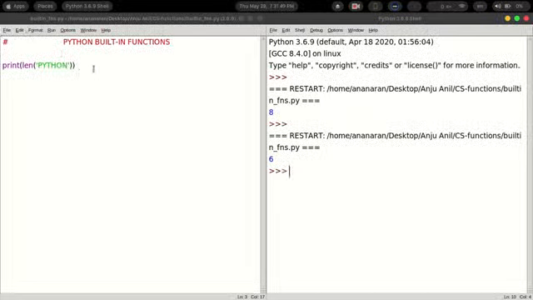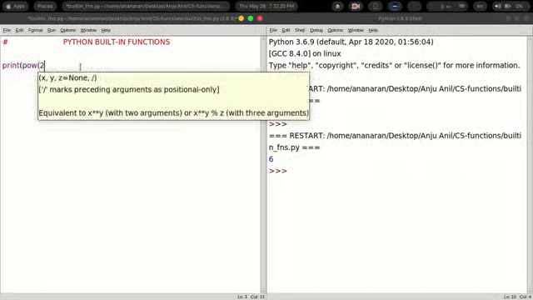The second function that we will see is the POW function. POW refers to power. That means if you want to find the value of 2 raised to 3, that means 2 into 2 into 2, then you need to specify the function as POW and then within brackets 2, 3.